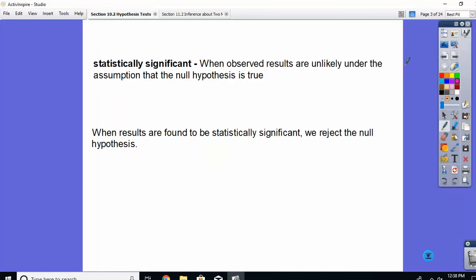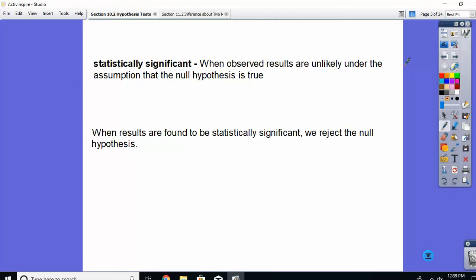We'll talk about statistically significant. What that means is the results are unlikely under the assumption that the null hypothesis is true. The null hypothesis is something I am going to assume is true unless you can convince me otherwise. So if I am assuming something is true, and under that assumption, you find out that the probability of whatever occurring is